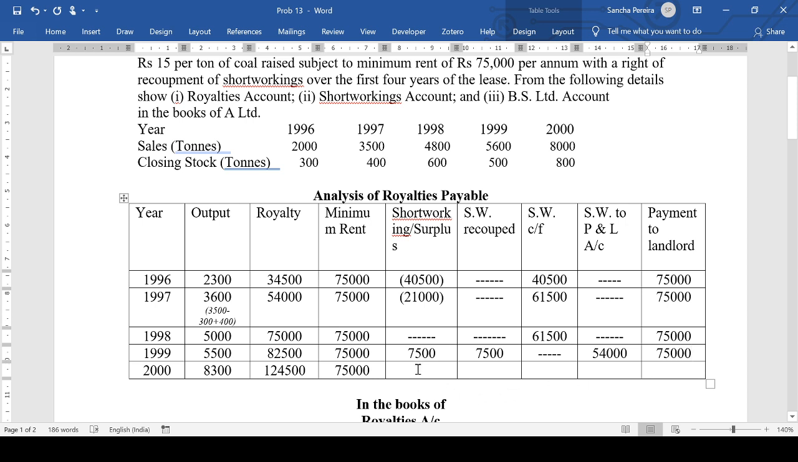Okay. So in the fifth year, even though we have a huge surplus, how much is it? 25 plus 49,500, I think. 49,500. I can't recoup anything. Anyway, I've carried forward. And how much will you pay the landlord now? What is the rule? Minimum rent or royalty, whichever is higher. Yeah, 1 lakh, the entire 1 lakh goes out. You do not use anything for recoupment. So the entire amount goes to the landlord. So 1 lakh 24